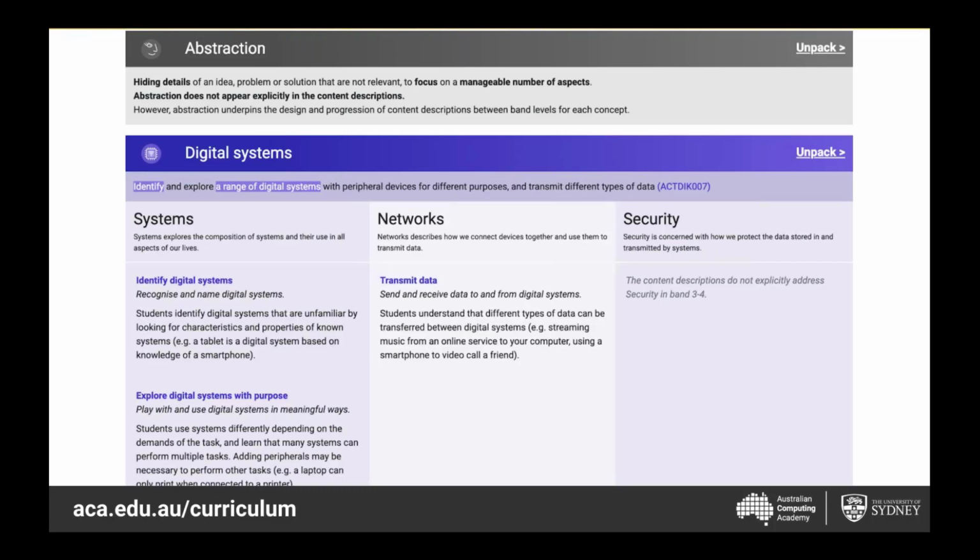But in the Year 3-4 band, which is what this content description is, there's no security as part of it, but there is identify digital systems and explore digital systems with a purpose, and here transmit data. So for example,